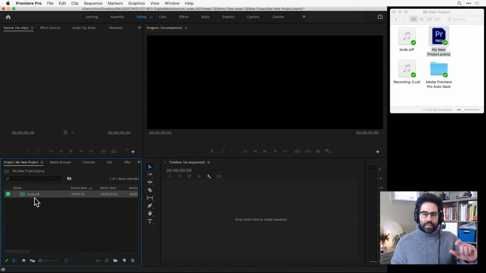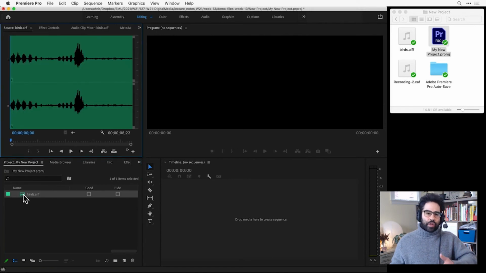Notice that in the row that contains my media file, I also get columns of information about that file, like how long it is, the sample rate or the frame rate, and checkboxes for labeling. And for durational media like audio or video files, I can double-click and see the entire duration in the source monitor. And here I can play it back. I can search for and tag parts of that clip that I might be interested in exporting or bringing into a sequence. Those are steps we'll cover in another video, but generally speaking, when you're working in Premiere, you're importing